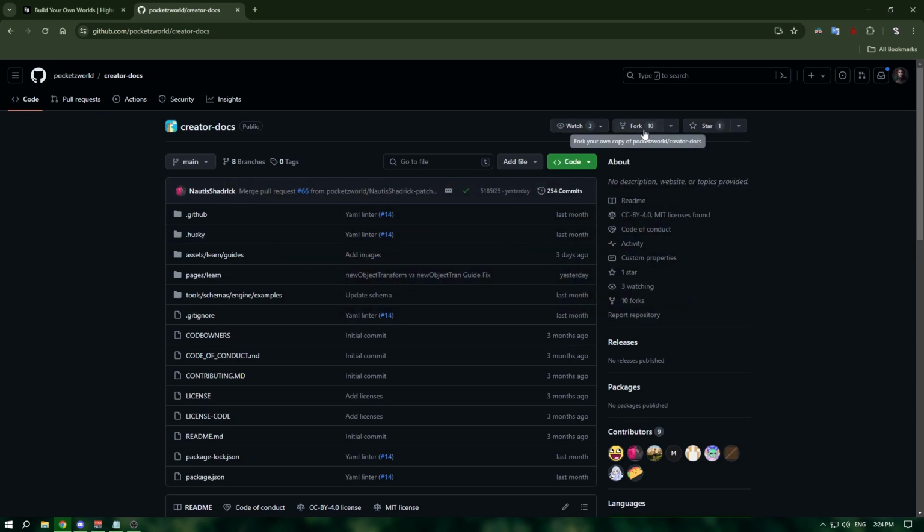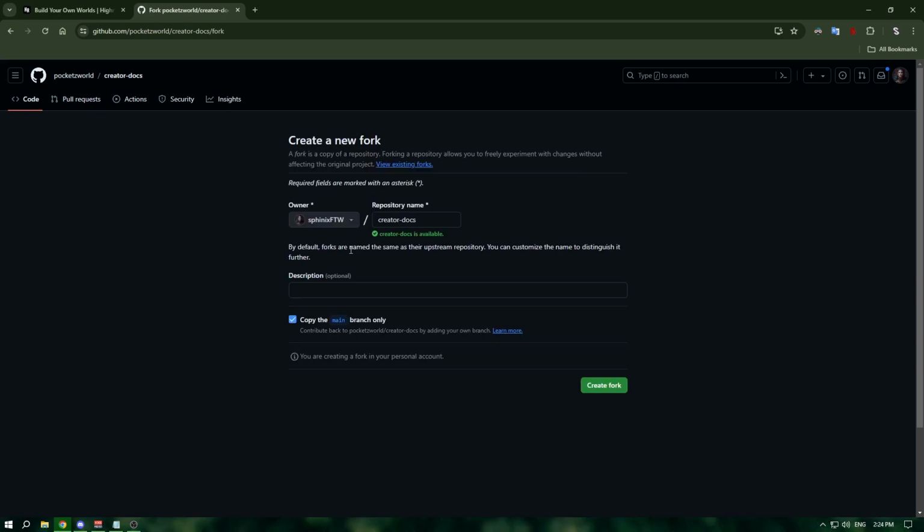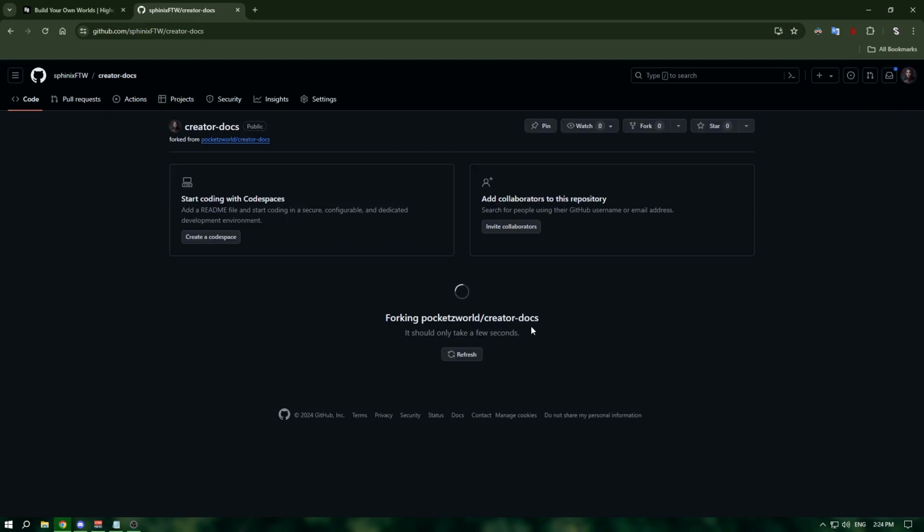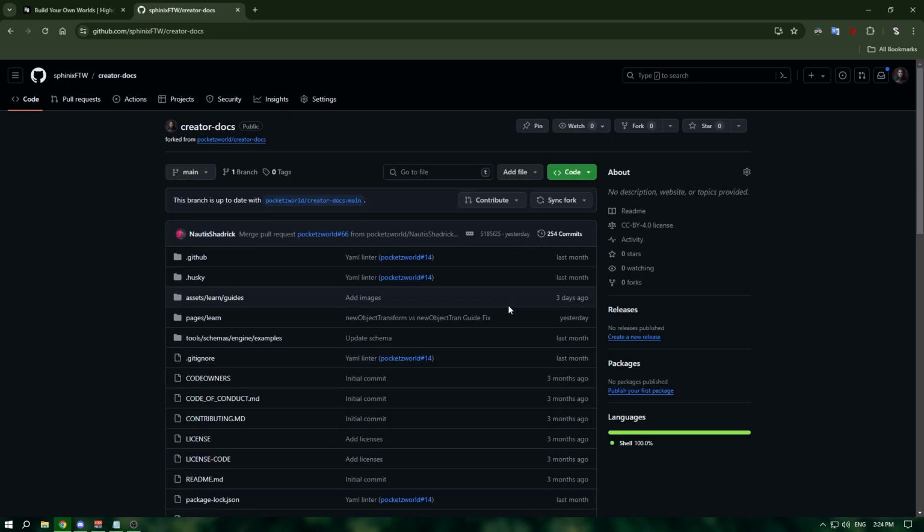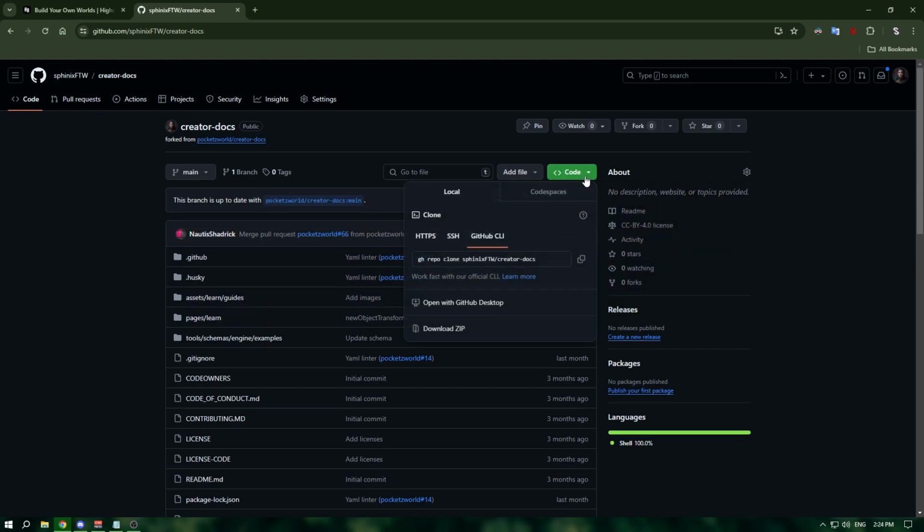Now to create a fork, you just simply click on fork, and then you choose the owner, which is me, and you can add a description if you want. I'm not gonna add a description, so I'm just gonna create a fork. This will take a few seconds. Once you create a fork, you have to copy the URL that's inside the fork itself. So if you go to code and you select HTTPS, you can copy this link right